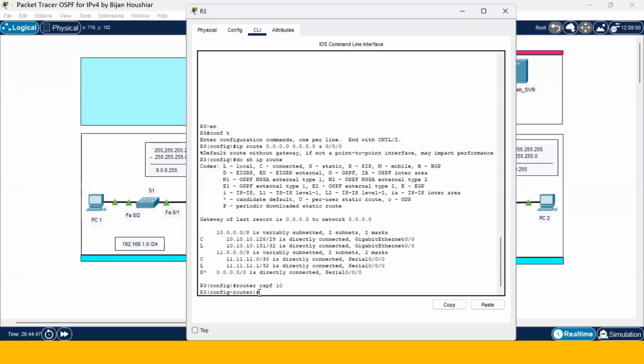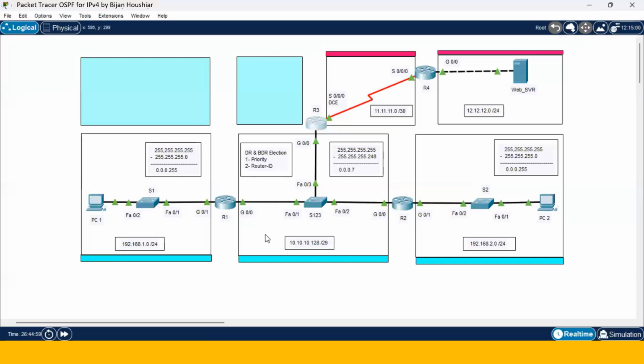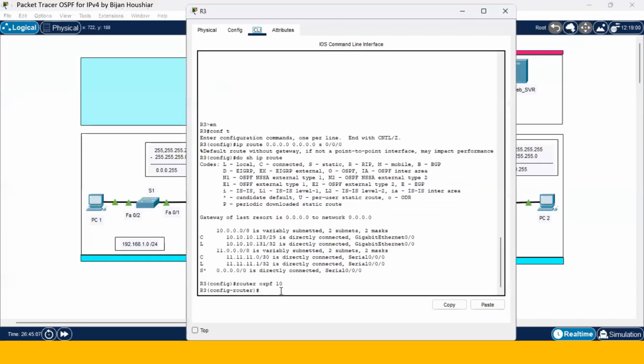Then I have to add the networks that this router can advertise through OSPF. I want to make router 3 only advertise this network. That network should be reached through default route. So, network